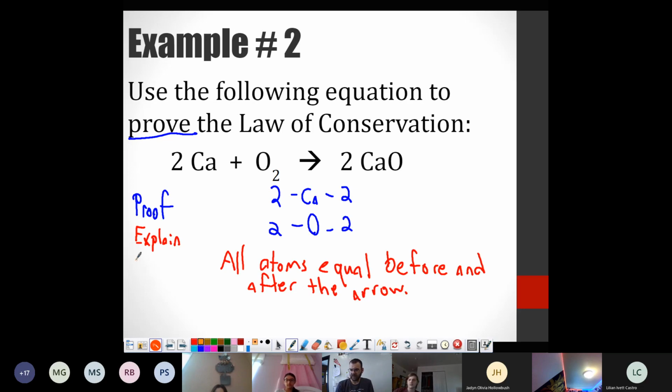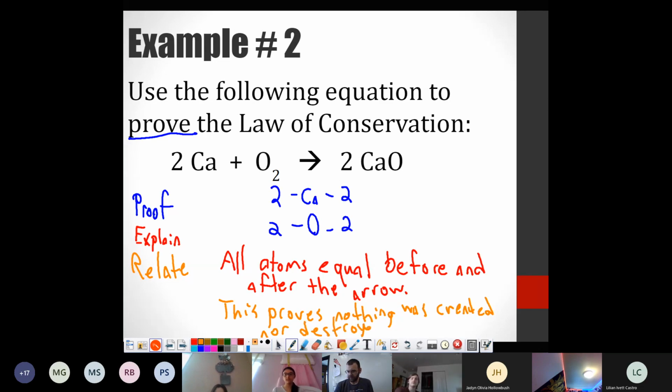And last but not least, you need to relate it back to the law of conservation. This proves nothing was created nor destroyed. So a proof tends to be pretty wordy, but the nice thing about it is since you are academic chemistry, these will all work. Okay, I save the ones that don't work for honors. Also, the red and the orange will always be the same. Since they work, those two will be the same. So all you have to basically do is do an inventory for each of them and then include the red